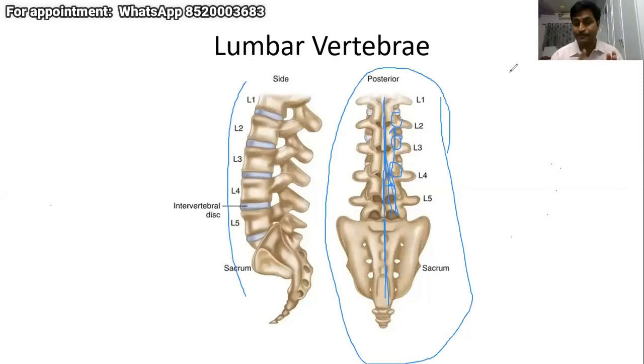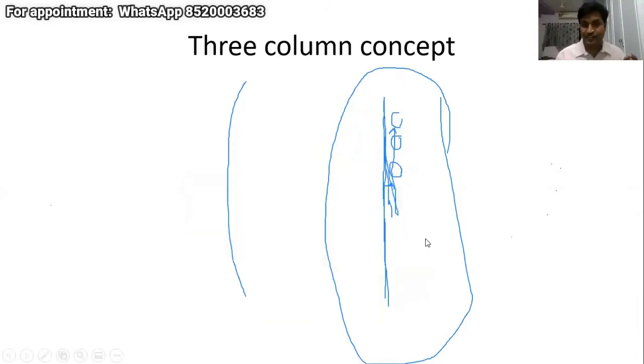And I've told you, the pain because of the annulus is never localized. The pain because of facet arthritis is majorly localized. Okay, sir. Got it, sir. Okay, the next one we will go to. The next one which I wanted to tell you.